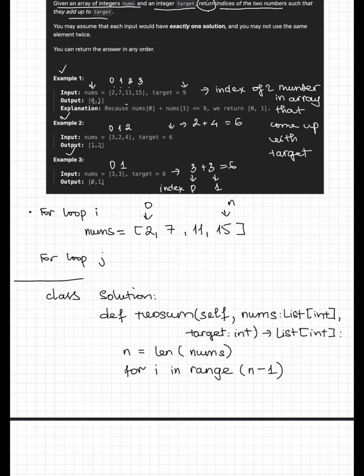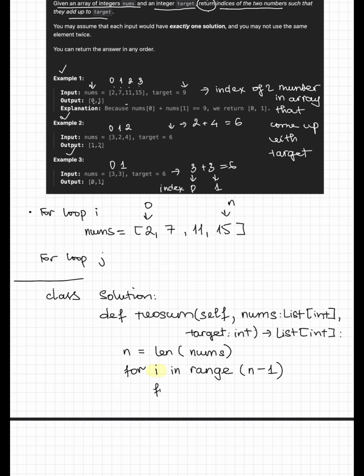And i here represents the first index, the index of the first element that we will use when we add up to the target. So this is the first index, and inside the for loop we have